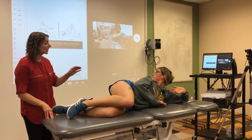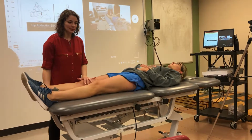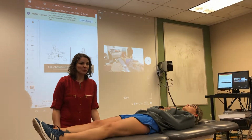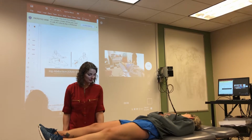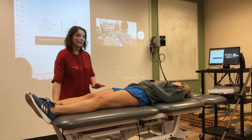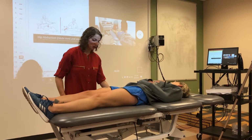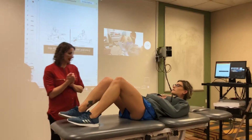Okay, and then for gravity minimized for this, you'd be lying supine, and you can support the limb to minimize friction. You could put a towel under here to minimize the friction as well, but even just providing your support of the limb and asking them to bring it out to the side into abduction. Yeah, and she can go through a full available range. She gets the 2. If it's only partial range, 2 minus, and then you'd palpate her glute med and ask her to try to bring her leg out to palpate for a muscle contraction. Yeah. Okay. So let's try the 2 hip